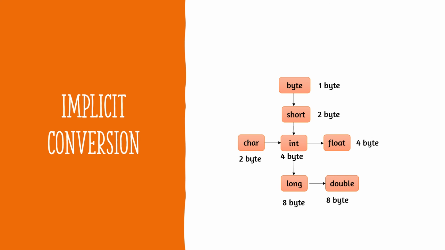Long can be converted into double without any extra command. That means small to big. Here we have to keep in mind small to big. Byte, which is small, 1 byte, can be converted to all data types which are bigger than that. Short, 2 bytes, can be converted to all data types other than byte. So one small data type can be converted into another data type without difficulty. It is known as implicit conversion. And int can be converted into double also, long also, and long can be converted into float. Even if it is 4 bytes, because of the decimal point, it is considered as big.